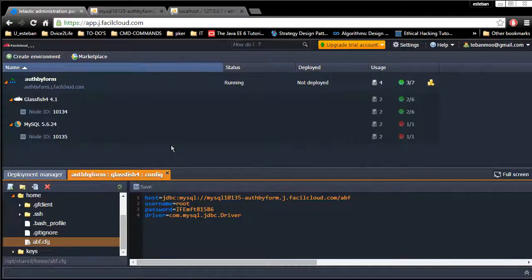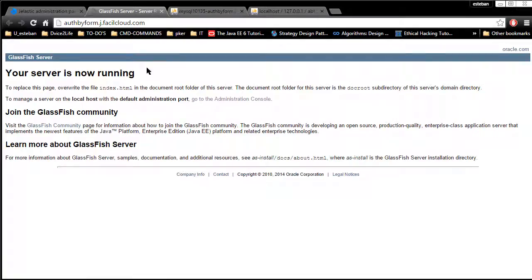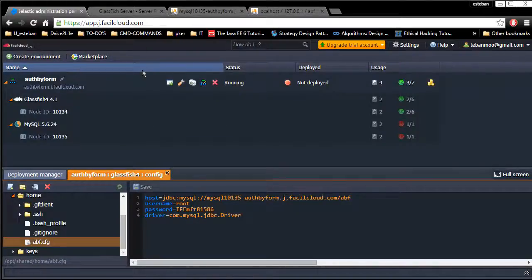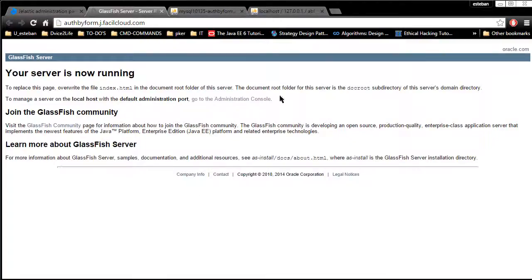So keep that in mind. Now, another thing we're going to do is click on the open in browser for the GlassFish. You see that we're taken here, and this is the default index page whenever we don't have an application deployed. I'm going to show you in just a second how we can remove this index page so that our application is run